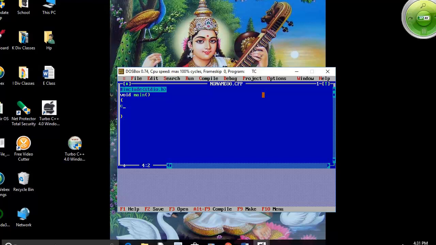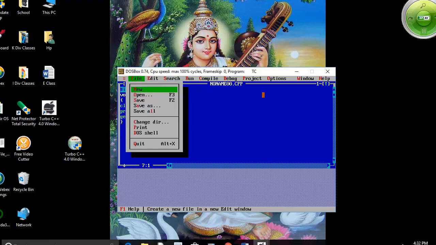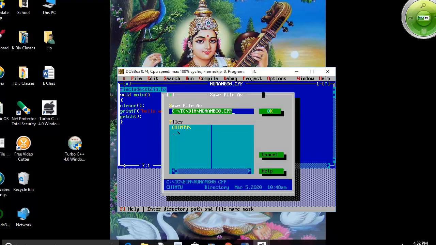Just I give three instructions: clear the screen, then I type printf, then I type hello world. Okay, machine prints this message. Then I will tell the machine to wait so that I can read it. This is a program containing three instructions. Save this file and save. Give the file name pp1.c,